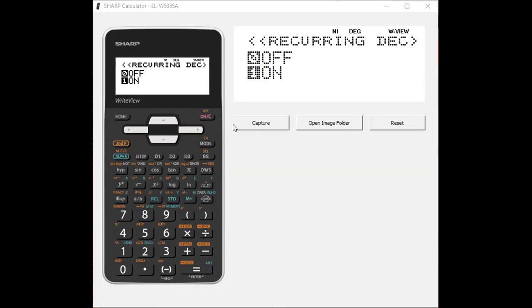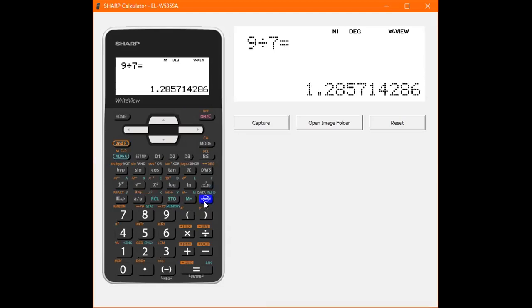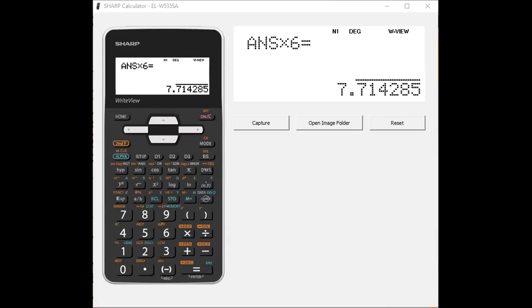Okay, so all you do is turn it on, and then any of your calculations that you use with a recurring decimal will give you a recurring decimal answer. And it's really nice to use because it will always show up and it will round it off correctly as well, which is very handy to have. So from that,